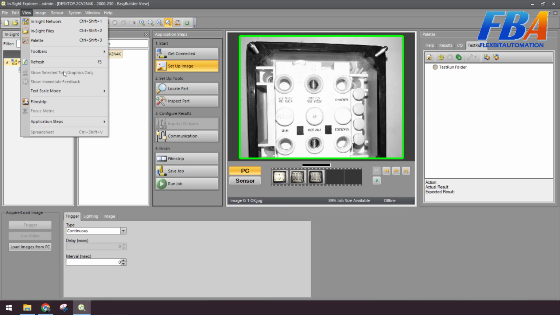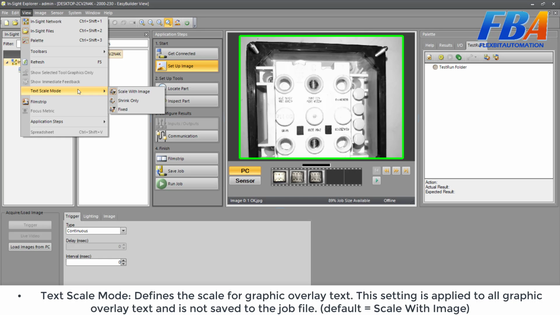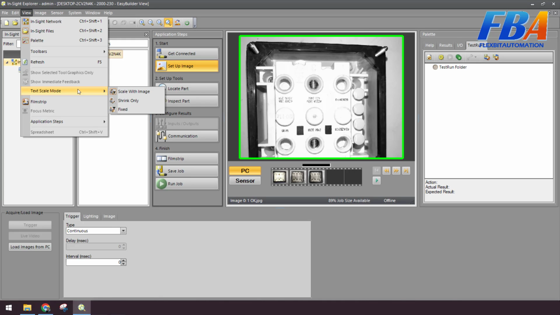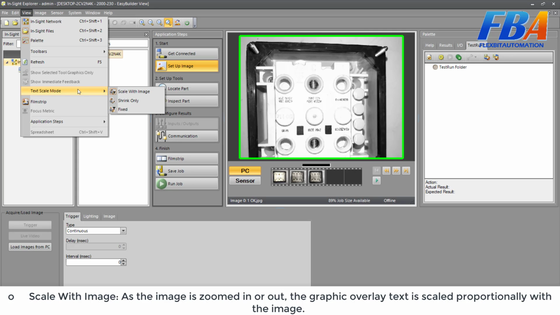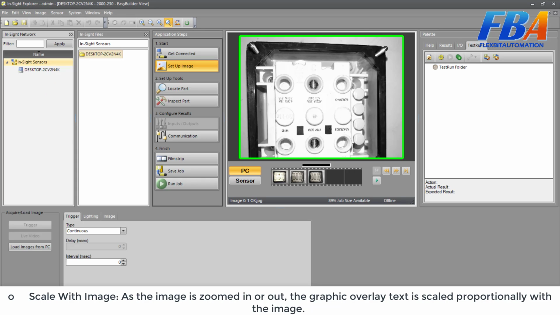The next one, text scale mode. Define the scale for graphics overlay text. This setting is applied to all graphic overlay text and is not saved to the job file. And add default, scale with image. The scale with image mode: as the image is zoomed in or zoomed out,